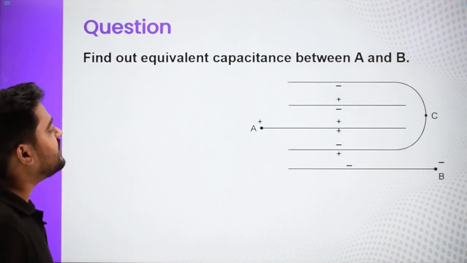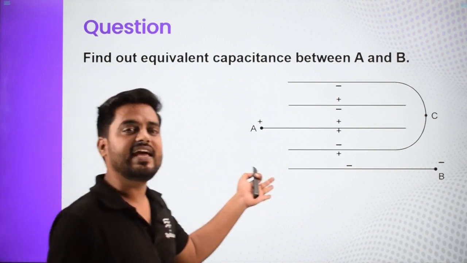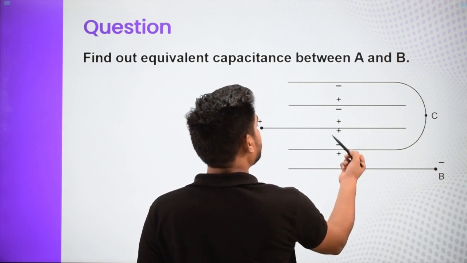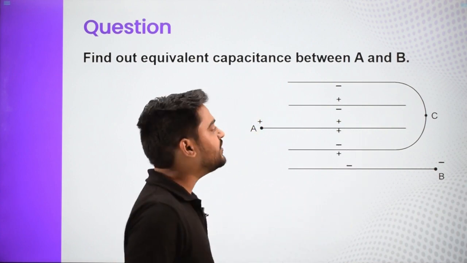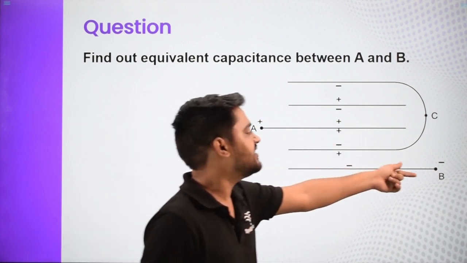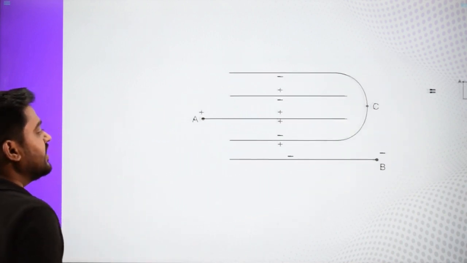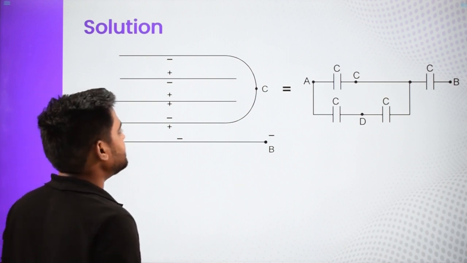Next question is, find out the equivalent capacitance between again A and B. So here they have given the charges also, positive, positive. So these charges really do not matter. Thus there are 2 points. This is point C. So we will just rename and we are going to redraw the circuit. So this is how it is being done.